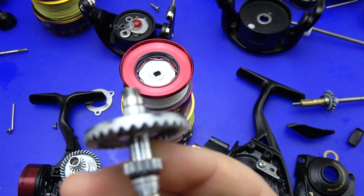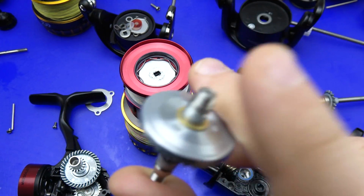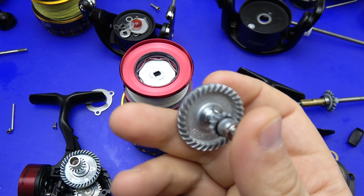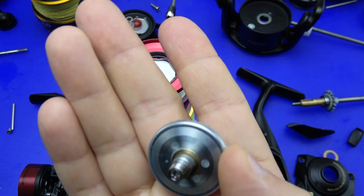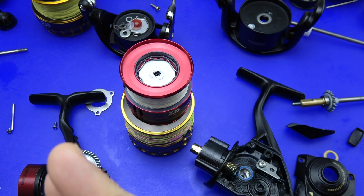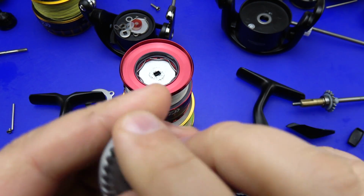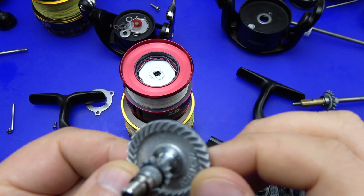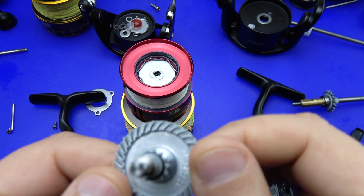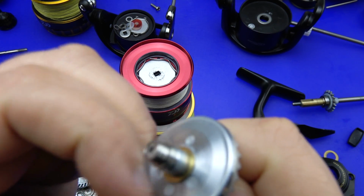That's a hell of a main gear. And again, it's cast zinc. It's not some magic metal. It's not bronze, brass, aluminum, stainless, or anything like that. It's just your standard run-of-the-mill zinc, but it's a nice looking gear. It's a quality cast, and it looks like there's some machining marks on it, I guess, on the back end. I don't want to assume anything. I'm not a metallurgist. I'm not a machinist. I'm not an engineer, so I can't tell if something is machined without seeing machine marks. I do somewhat see some marks here, but I don't know if they're machining marks. If you guys are out there and you know firsthand,